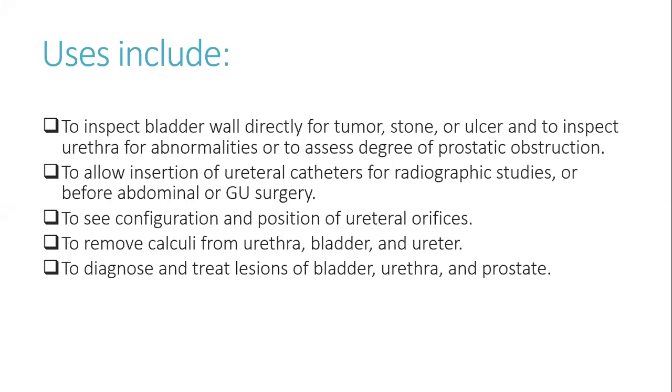Okay, this is used to inspect the bladder wall directly for tumor, stone, ulcer, and to inspect the urethra for abnormalities or to assess the degree of prostatic obstruction. And to allow the insertion of a urethral catheter as well, we can use the cystoscope. And for radiographic studies or for abdominal and GU surgeries, and to see the configuration and position of the urethral orifice, to remove calculi from the urethra, bladder, and ureter, and to diagnose and treat lesions of the bladder, urethra, and